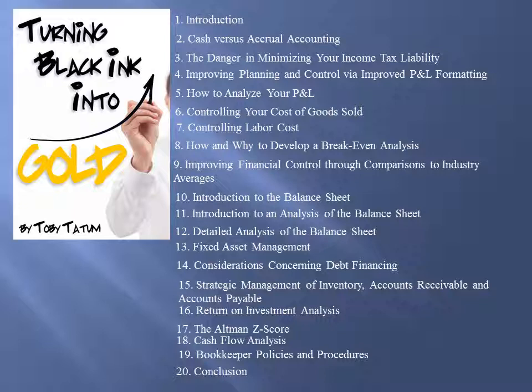This is a very short book, perhaps better described as a booklet that is only 76 pages long, comprised of 20 chapters, each only a few pages long. The chapter titles are Introduction, Cash versus Accrual Accounting, The Danger in Minimizing Your Tax Liability, Improving Planning and Control via Improved P&L Formatting, How to Analyze Your P&L, Controlling Your Cost of Goods Sold, Controlling Labor Costs, How and Why to Develop a Break-Even Analysis, Improving Financial Control through Comparisons to Industry Averages, Introduction to the Balance Sheet, Introduction